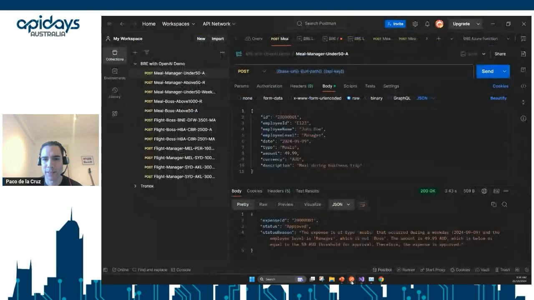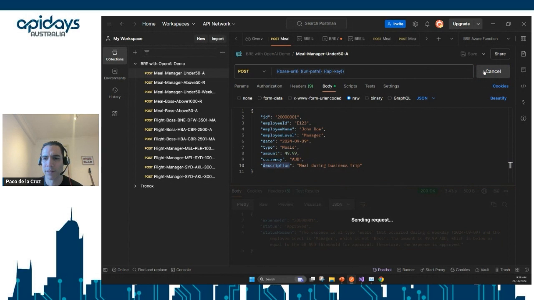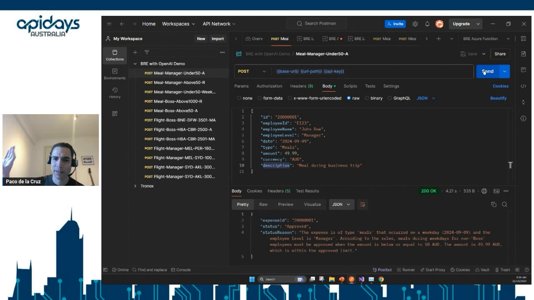So now let's test this from Postman. For example, here I have an expense, with a date, expense of type meals, an amount, and a description. Let's send this. This is connecting to the web API, and then the web API is connecting to the model.